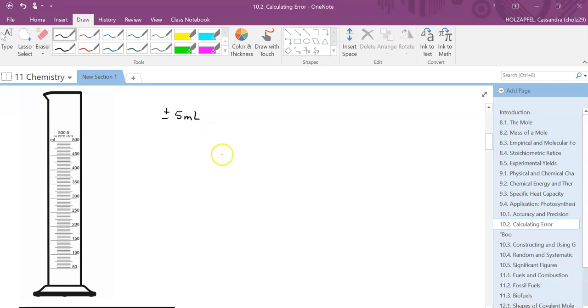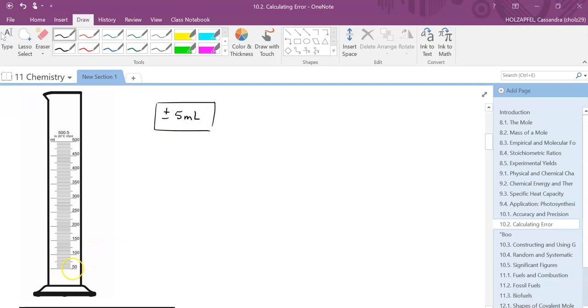I know that Typo was selling beakers and things for a while, and you could tell that they weren't accurate, or they weren't actually scientific beakers, because they didn't have this accuracy or this uncertainty placed onto the beaker. So you will see this on scientific equipment.